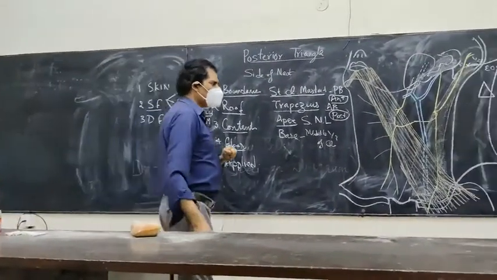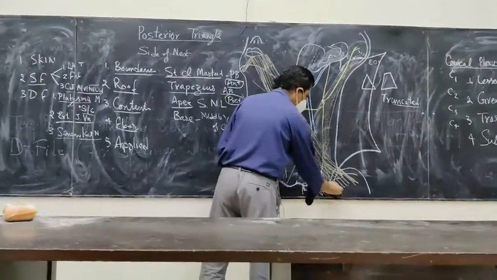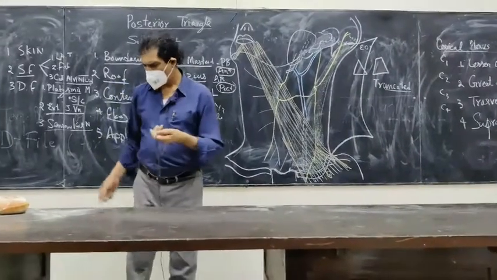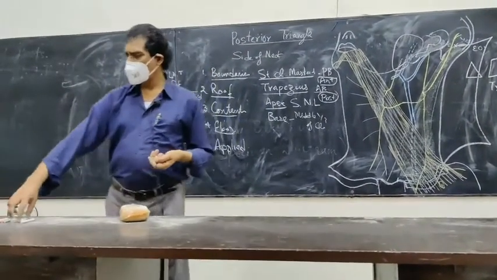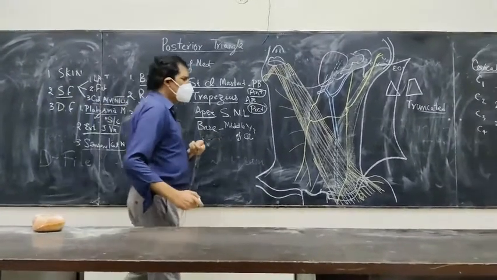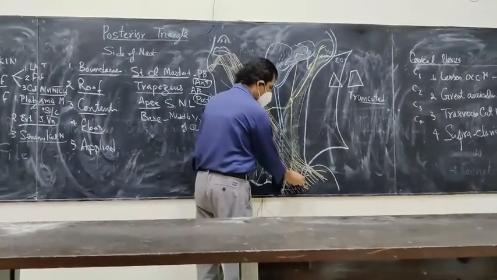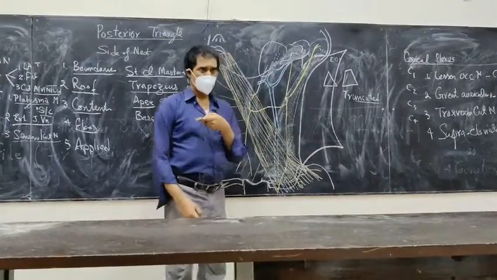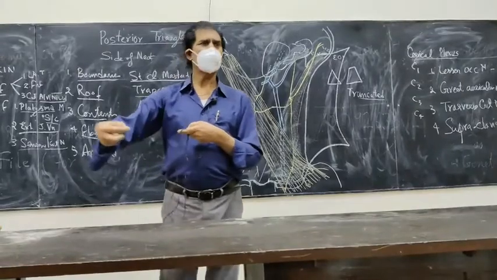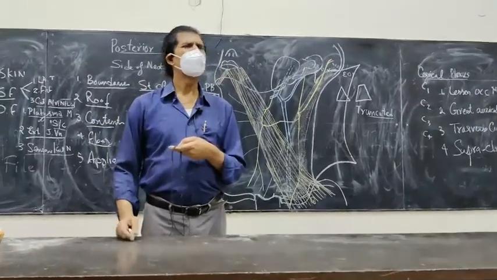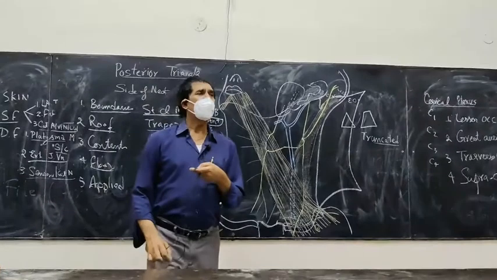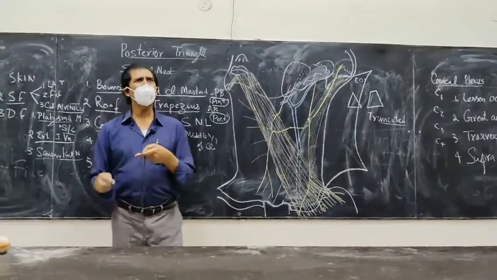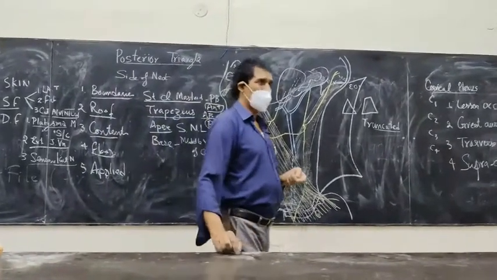Now its intermediate branch sometimes is important. Usually it passes above the clavicle. But in some individuals, this nerve passes through the clavicle. Intraosseous course. It pierces the bone and then comes out of the clavicle. In some individuals, it passes through that point in the middle branch, the same area of the bone where fracture is very, very common.